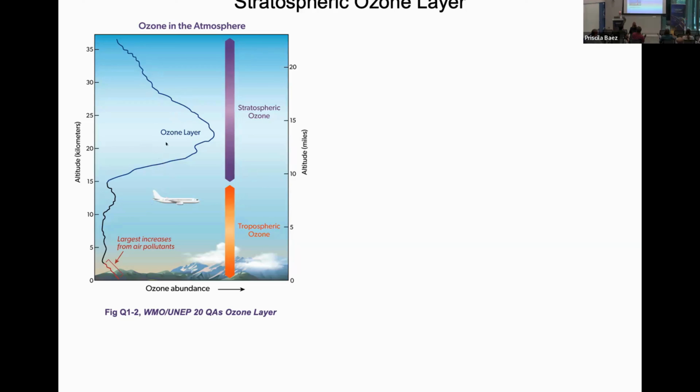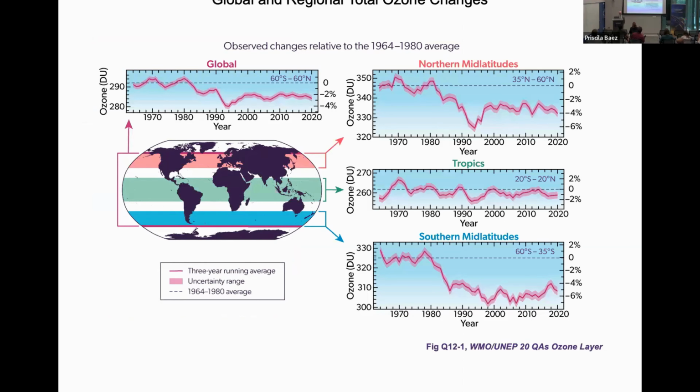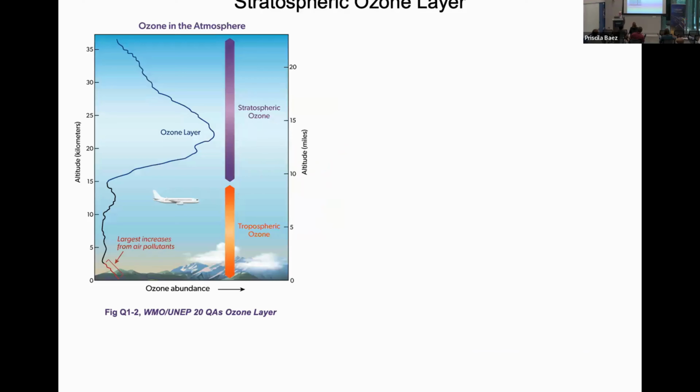So here is what the thickness, or the concentration, of ozone looks like. We called it abundance here to use a more common word, as a function of altitude. And what we're worried about is the area to the left of this curve. We integrate the concentration of ozone with respect to height to get the column abundance of ozone. And so in this figure, these are satellite measurements of the concentration of ozone, largely, with a little bit of ground-based stuff further back, that allow us to see how the thickness of the ozone layer has evolved over time.